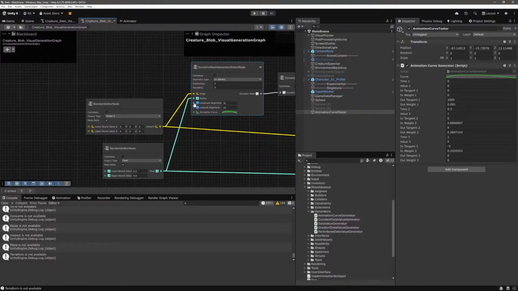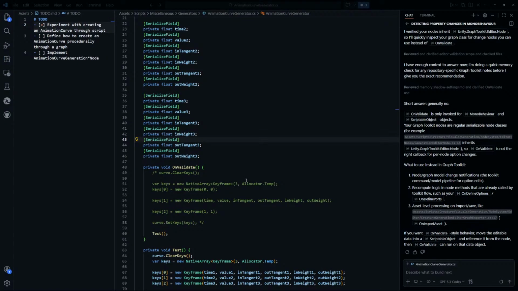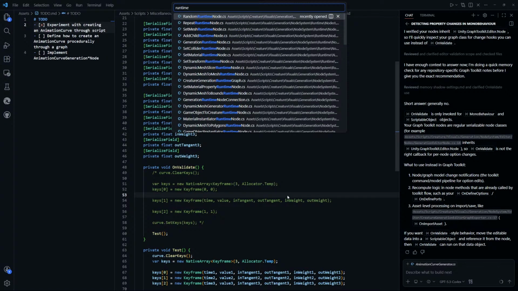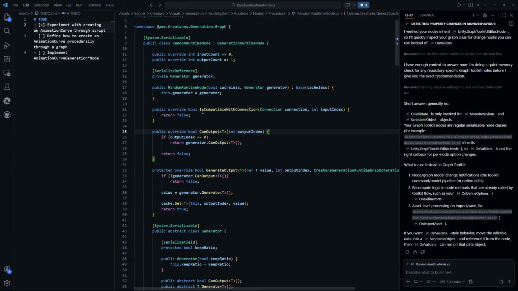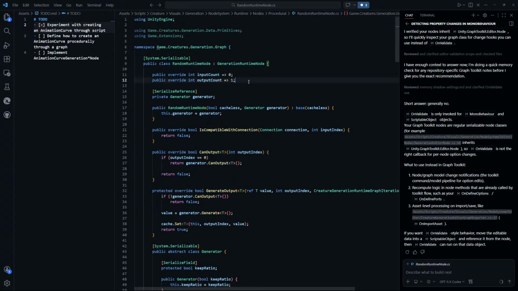If we have a varying number of input, output count, input count,